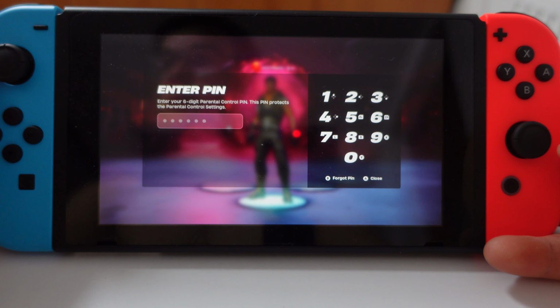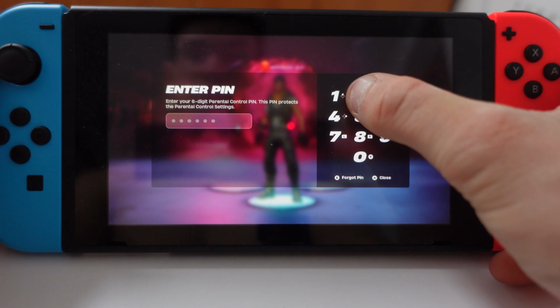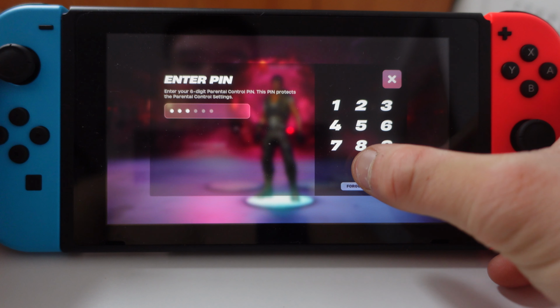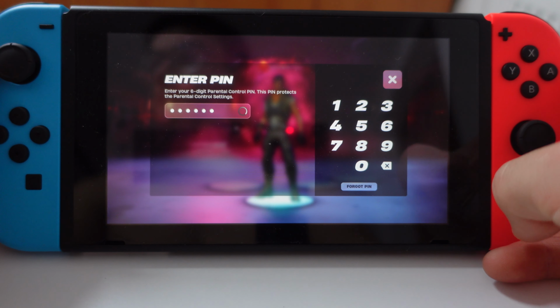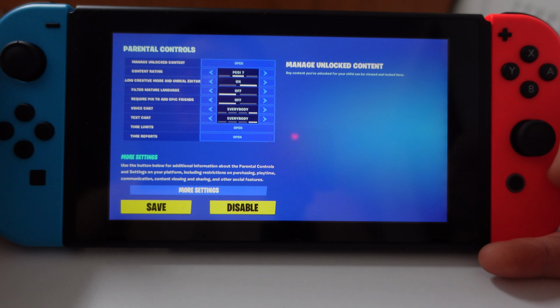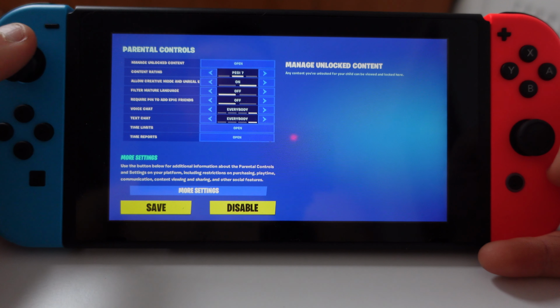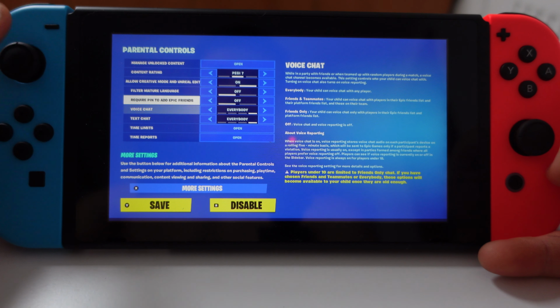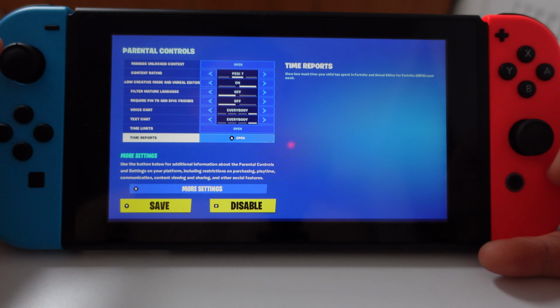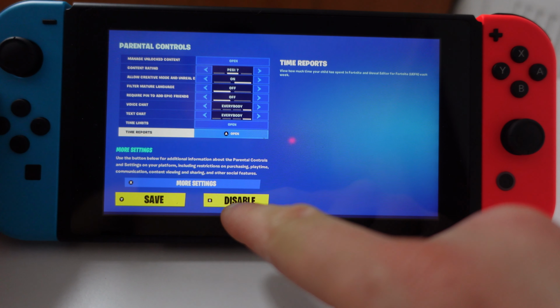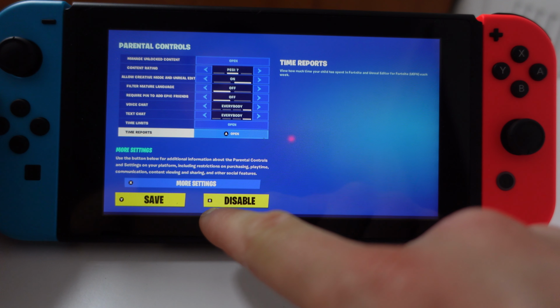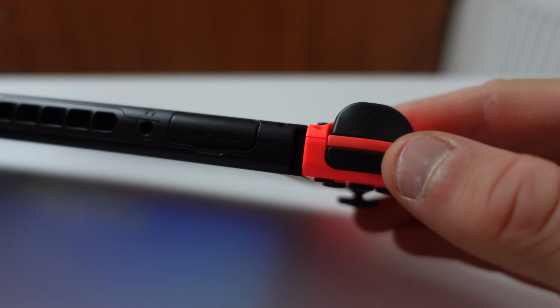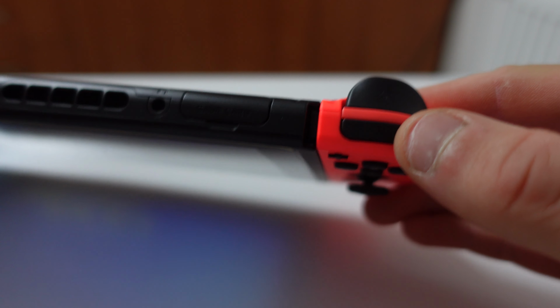Then you need to know the pin to disable the parental controls, so enter the pin. And now we are in the parental controls. To disable it, as you see here, it says to disable we need to click on the R. The R is this one, this button here. This is the R. So if we click on this,